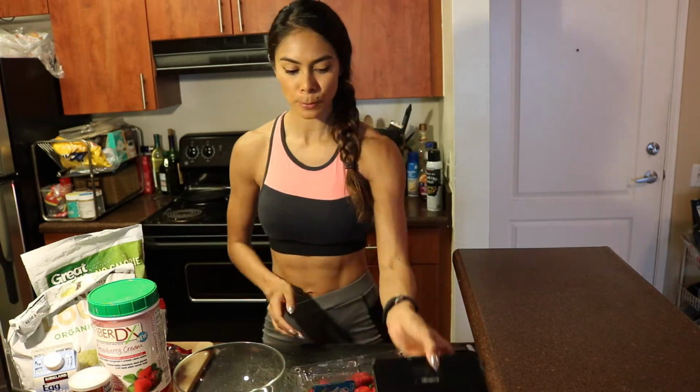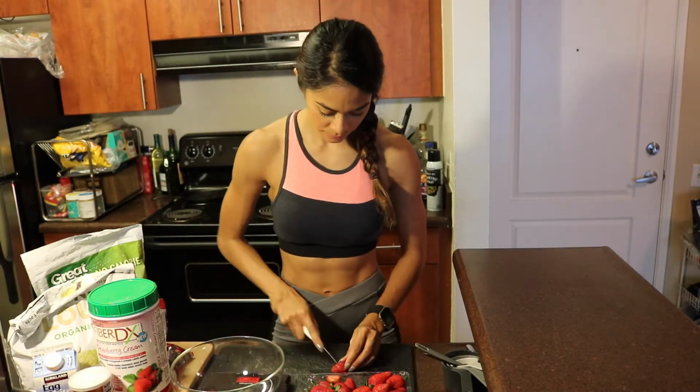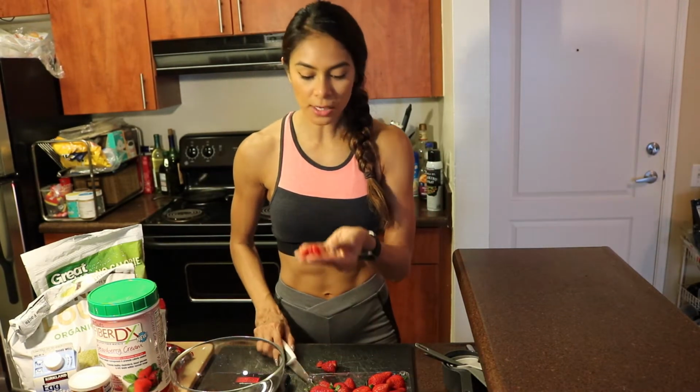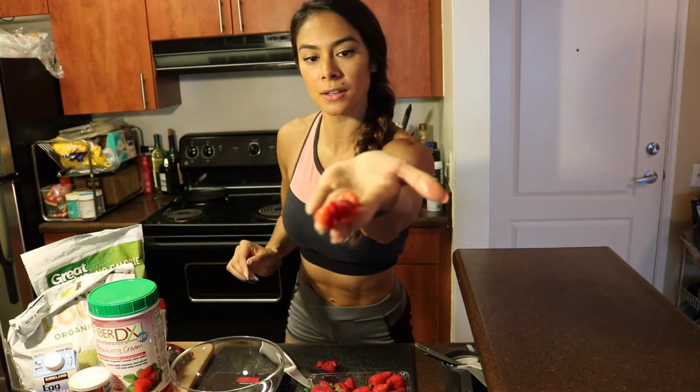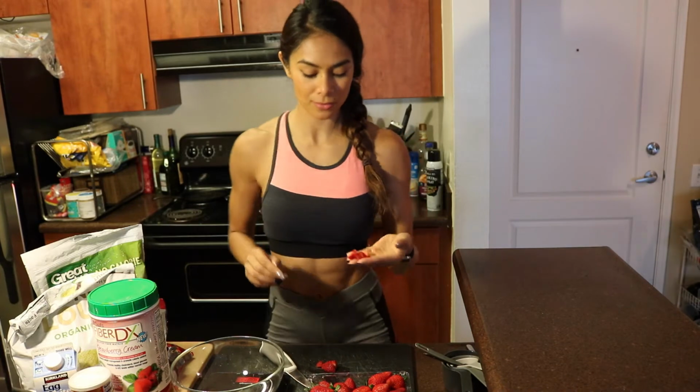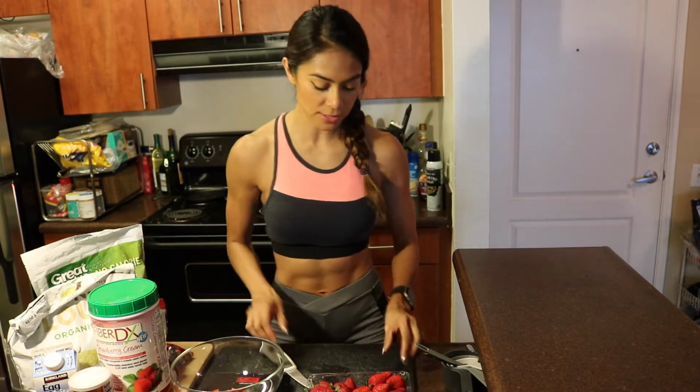So the first thing we are going to do is take our strawberries and chop 4 ounces of strawberries. And I like to cut them in small little chunks like this right here. So again, that's going to be 4 ounces of strawberries. Now that our strawberries are nice and chopped, we're going to go ahead and add the rest